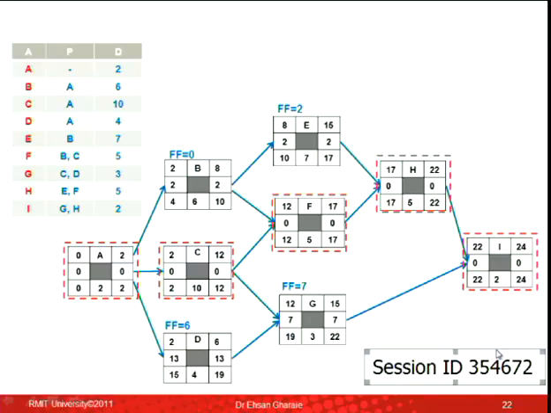Guys, just for a second, look at activity D. Activity D has got 13 days of total float, right? From that 13, 6 days is free float. So if I start delaying activity D for 6 days, nothing would happen to activity G. So if I finish it on day 10, nothing would happen to G. If I finish it on day 12, nothing would happen to activity G, right? That means 6 days of free float.